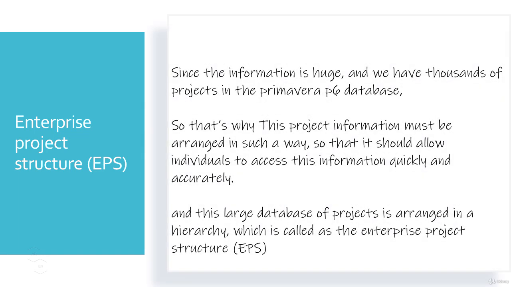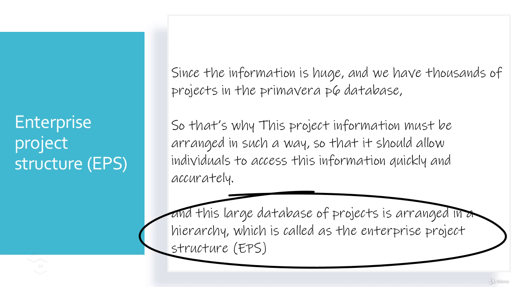Since the information is huge and we have thousands of projects in our Primavera P6 database, that's why this project information must be arranged in such a way that it allows individuals to access this information quickly and accurately. In addition to this, the Primavera P6 users must be able to review the project data at the level appropriate for their role and other specific questions they need to answer or work on. Okay, so this large database of projects is arranged in a hierarchy, which is called the Enterprise Project Structure